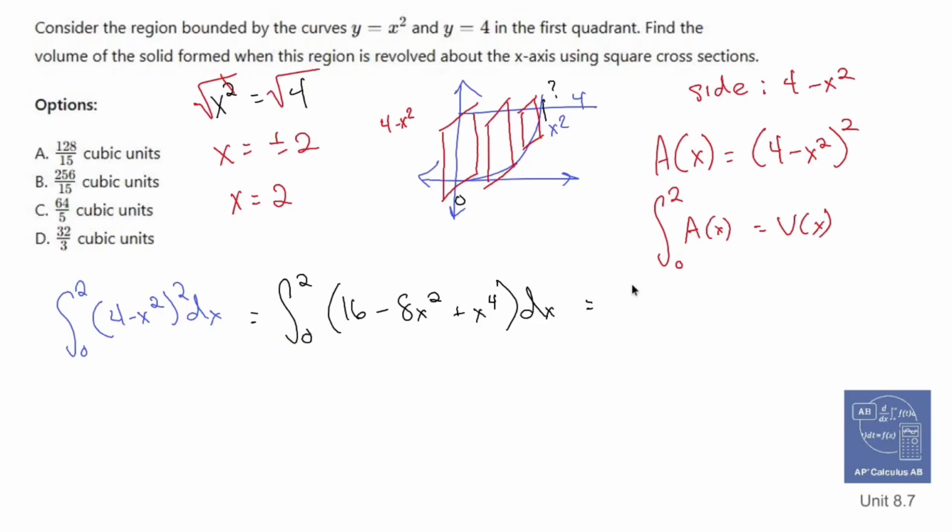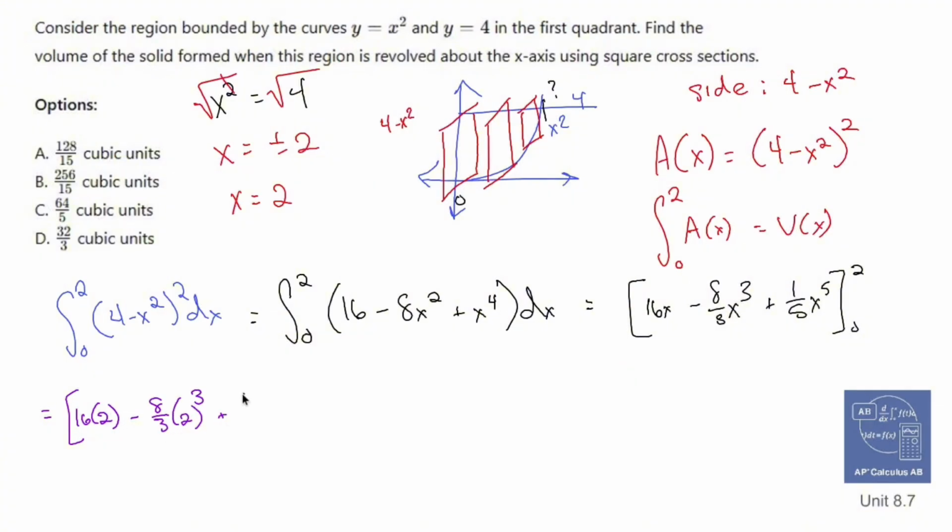Now I can integrate. 16's integral is going to be 16x. The integral of negative 8x squared is negative 8/3 x cubed. And plus x to the 4th is going to be plus 1/5 x to the 5th. My limits are 0 to 2. All right, so we set up our math problem. So we get 16 times 2 minus 8/3 times 2 cubed plus 1/5 times 2 to the 5th, minus